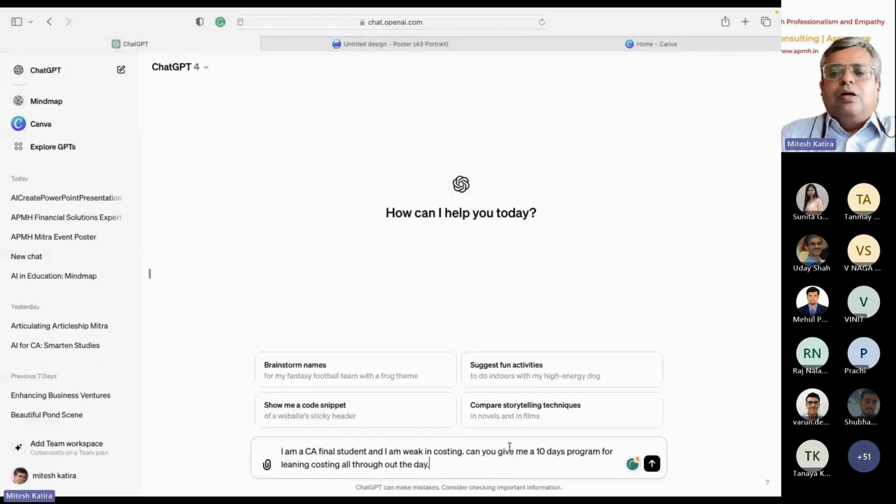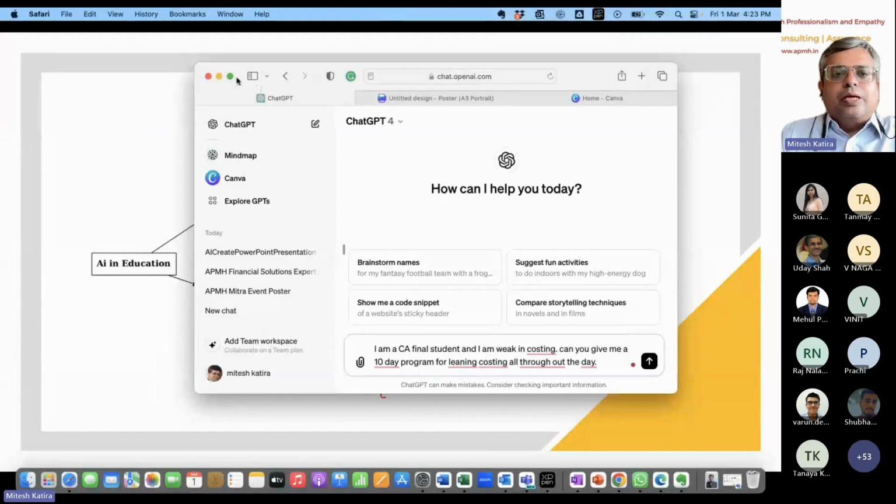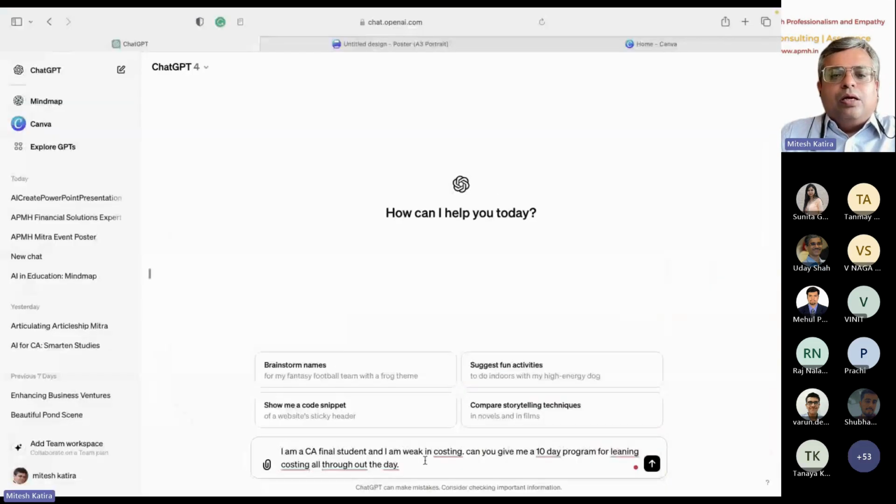Now it is also knowing what the topics in costing are, and also finding out the issues with respect to your timings, and also helping you and telling you what all you need to do in these 10 days, right? So these are certain specific questions.